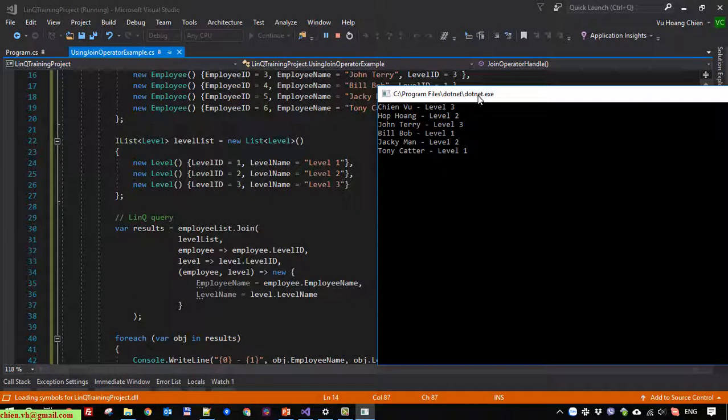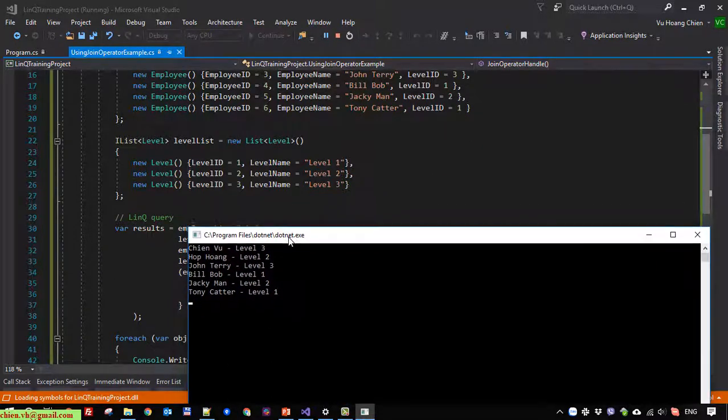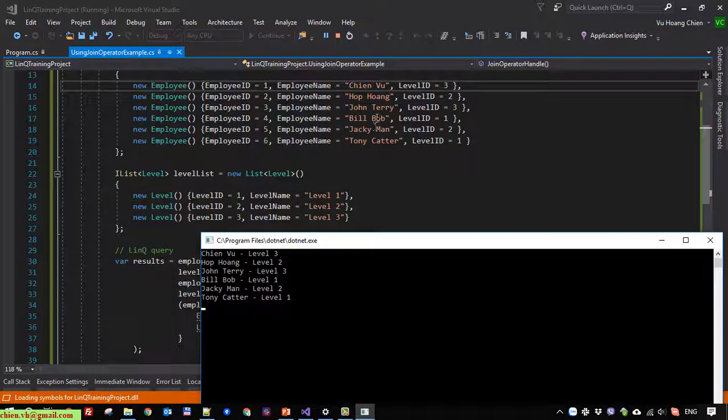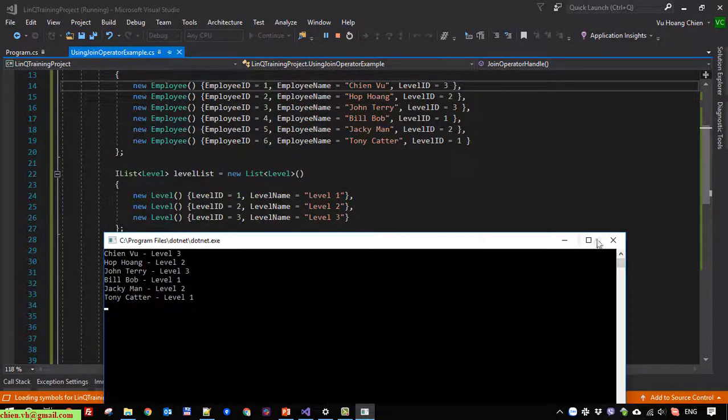Yeah. So here you can see we have Tianfu is at level 3, and we have the level name as level 3, then level 2, 3, 1, 2, and 1. Yeah, correct. Okay,